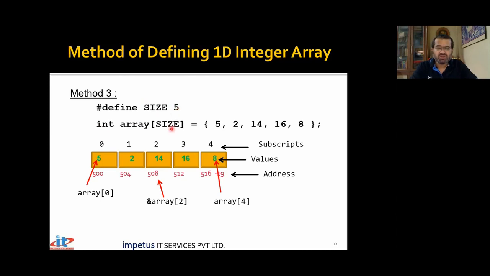But this is also not very explanatory, because when I say size, okay, I understood it's a size, and the value of size is 5. I understood that. Let's take an example. I wanted to store marks of 10 students, as integers. So I could have said int marks of 5, or marks of 10.